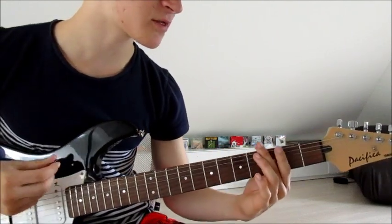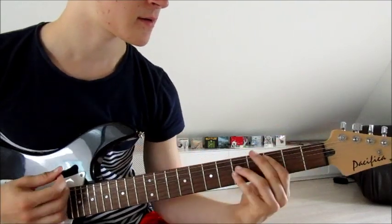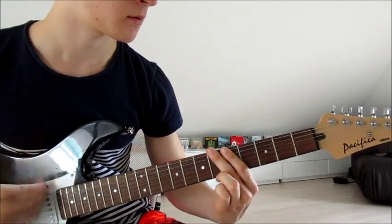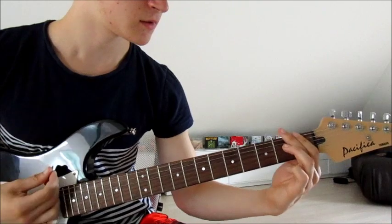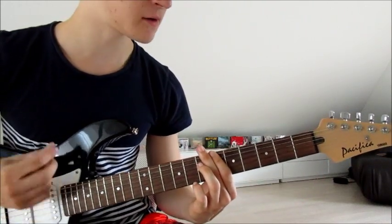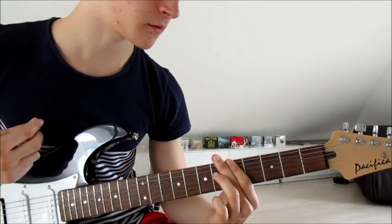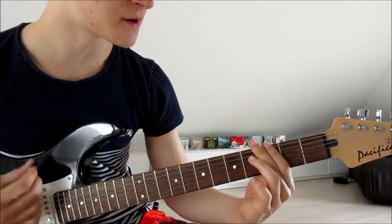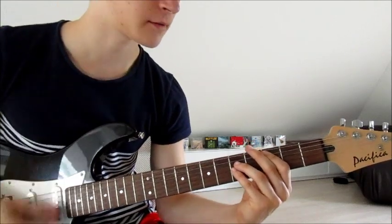then slide down to the 3rd, onto the 1st. Then down up, slide up onto the 6th, down again, then slide down onto the 5th, so onto the 3rd. So far we've got